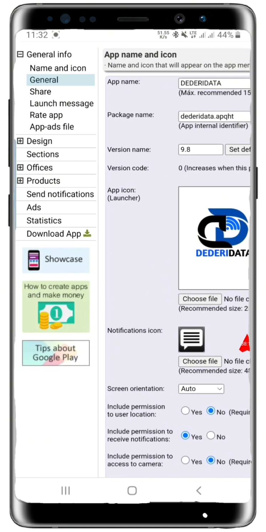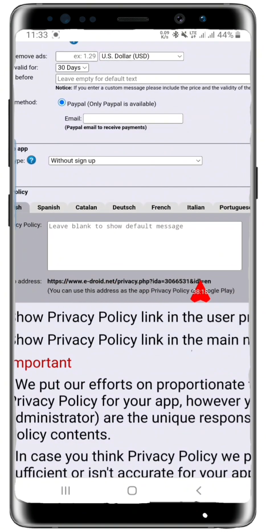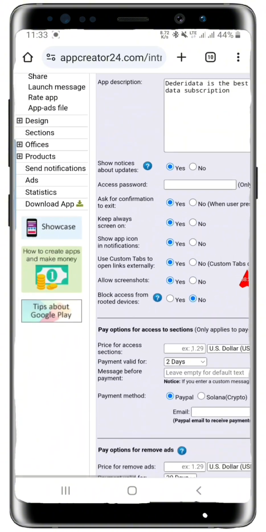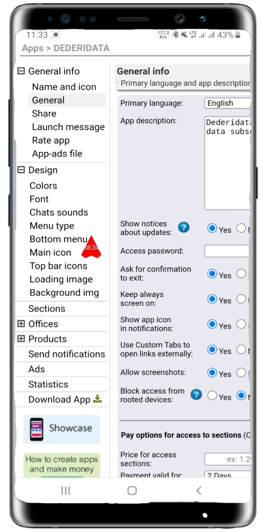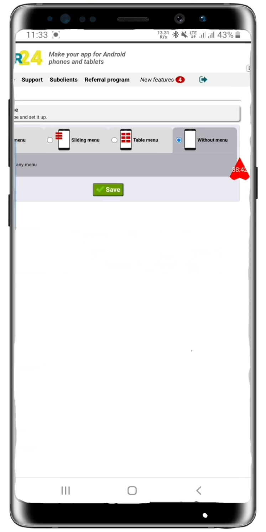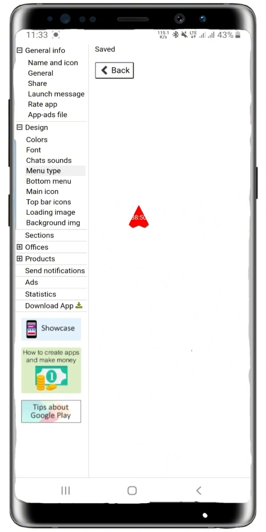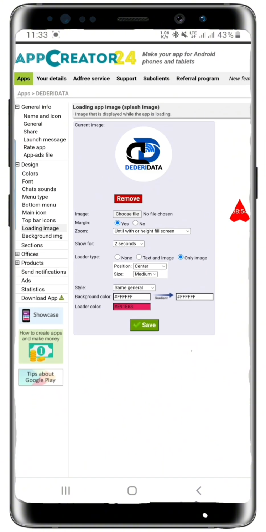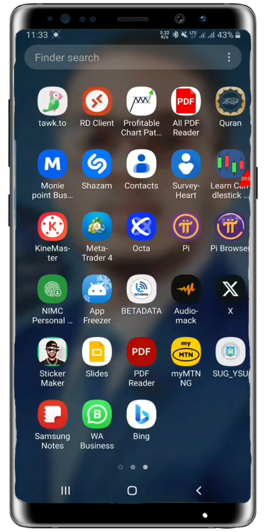Just click on generate APK and AAB. This AAB will be used to upload your application on Play Store. This is the AAB file. This is the general one. So if you are requested for privacy link, this is the privacy link you should share while uploading on Play Store. So you need to just click on design and go to the bottom menu type. You need to just choose this without menu. If you click on this without menu and click on save, so you can go directly to this loading